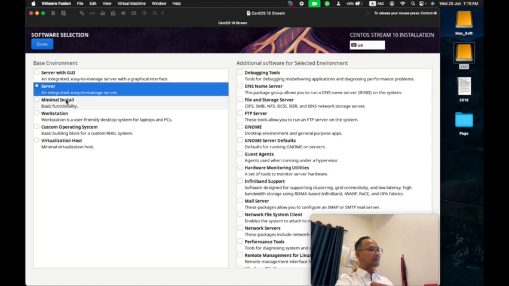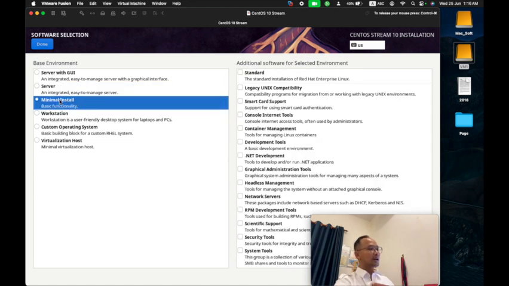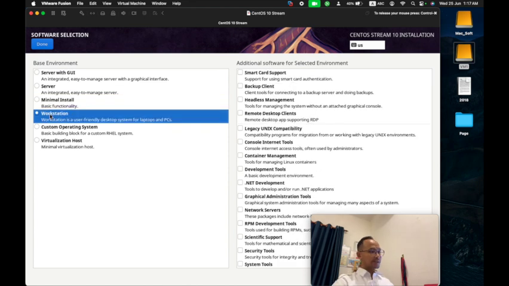So here in CentOS Stream 10 we need 4 special partitions to complete the installation. If we miss one of the 4 partitions, after installation it cannot boot. I mean, it will error.